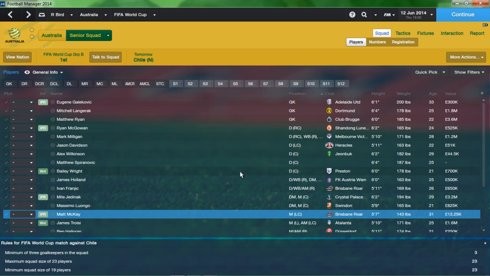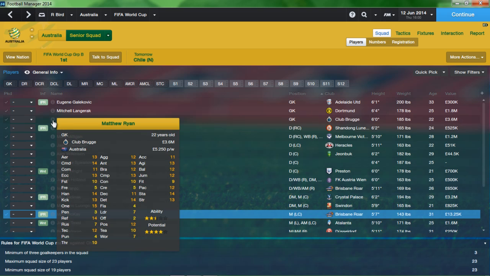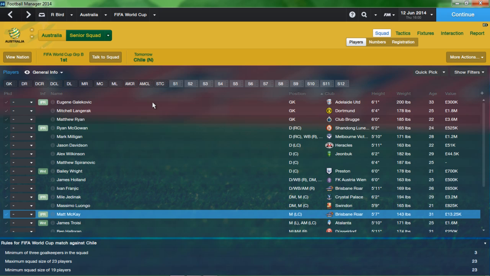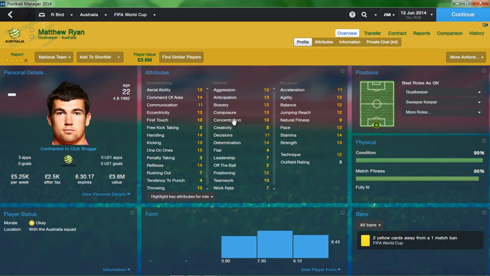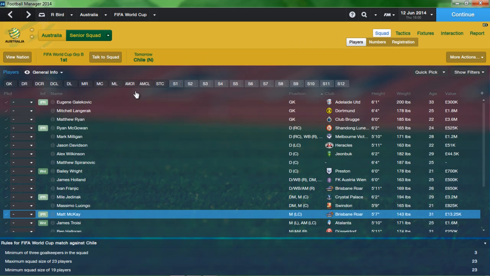So the goalkeeper is Matty Ryan. At the end of the season in Belgium, he was named the best goalkeeper in Belgium. He's going to be my keeper. I think in the first 2 games in the World Cup, he's done all right for us as well. Obviously, that game against the Netherlands was a tough goal to give up, considering the circumstances. But he's a young player. He'll learn from it and get better.